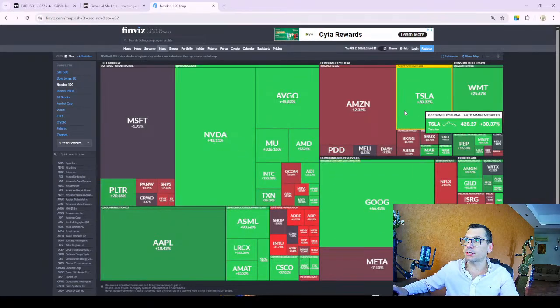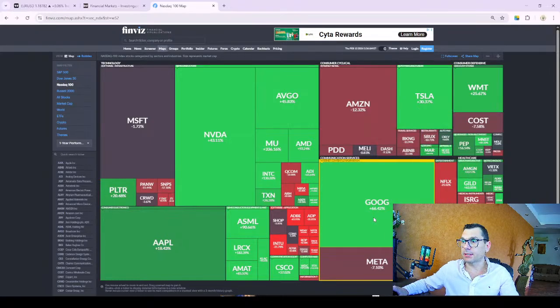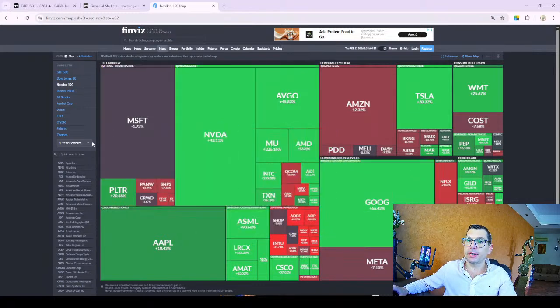Same to, let's say, Tesla. You see, 30% multiplied by 5, let's say it would be 150% for you, right? And then Google, 66, also multiply that by your leverage, and that's how you will have an idea how much you could have made with these companies, should you trade them using your broker, let's say. Anyway, so this is just to show you the indices, okay, Nasdaq 100 and so on.